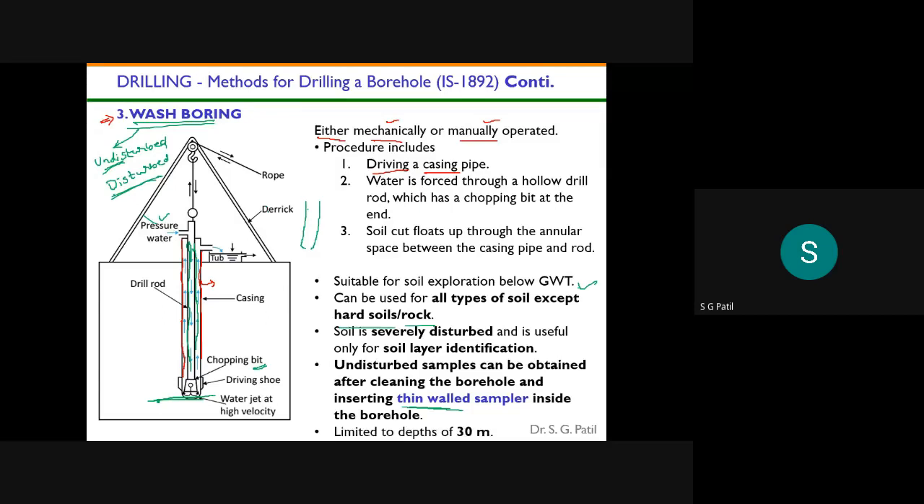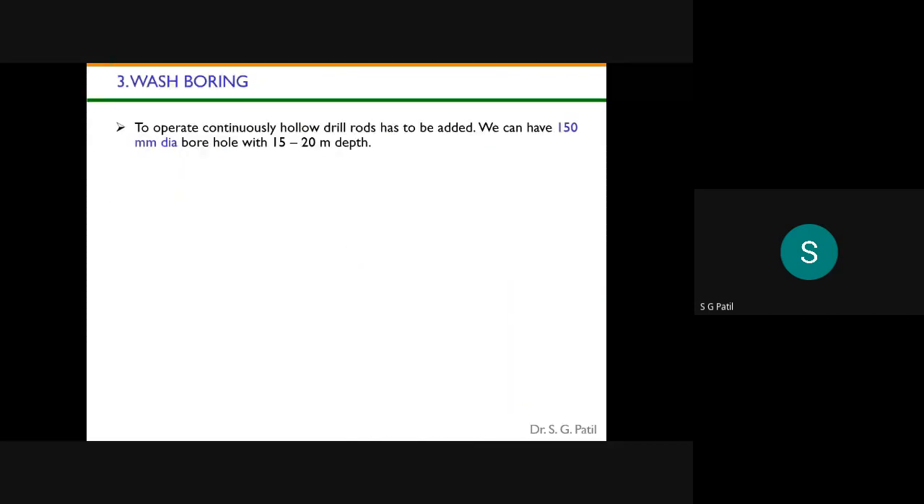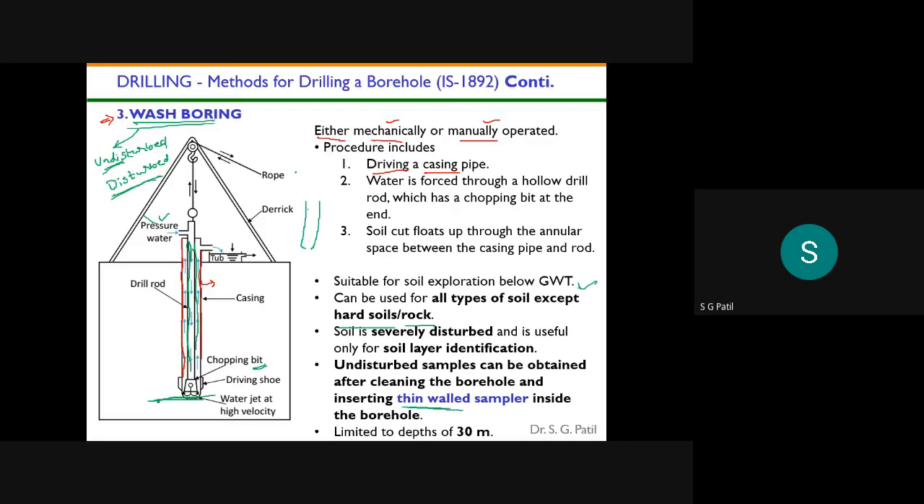So this is about wash boring. Okay, the depth of borehole you can achieve through wash boring is up to 30 meters. To operate continuously, what will happen? Hollow drill rods have to be added. So that means these drill rods will be there. Once one drill rod is over, you take another drill rod and attach it to this assembly,